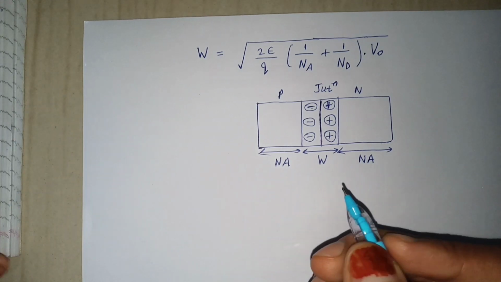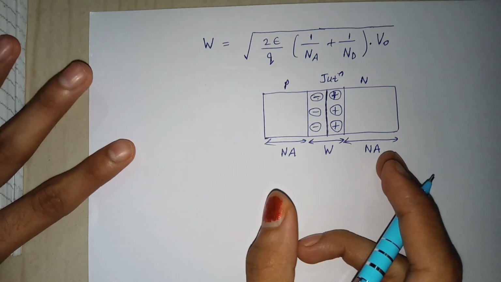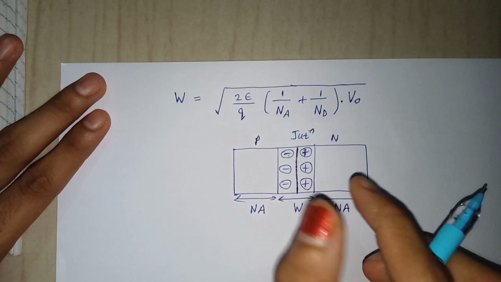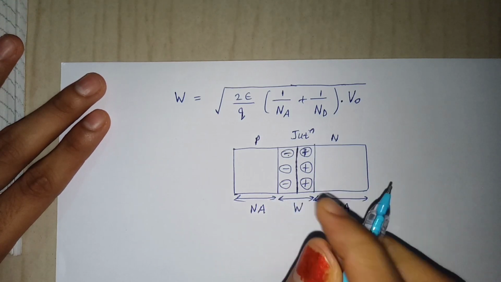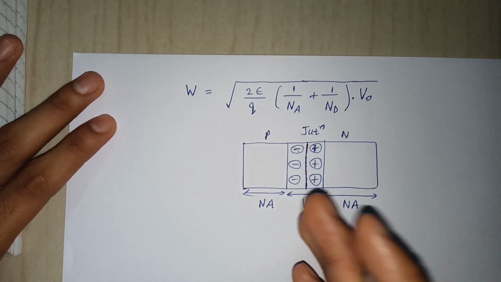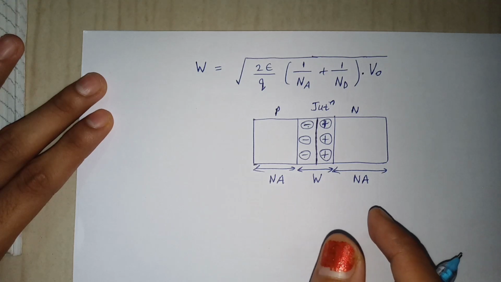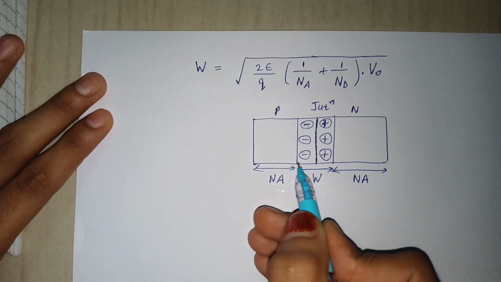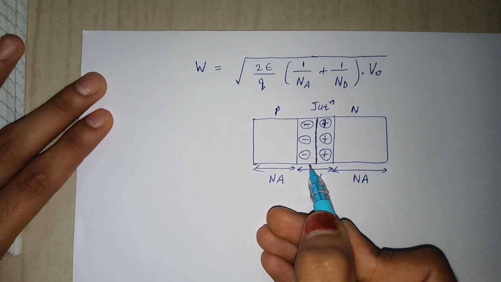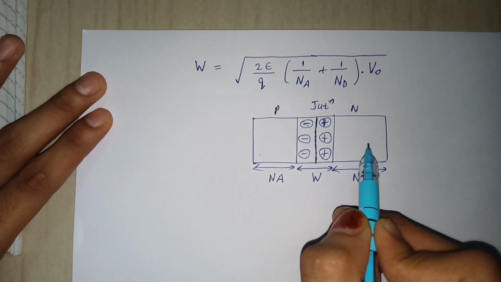If temperature increases, then what happens? We will discuss. If temperature increases, then the covalent bond will be broken, and an electron-hole pair is generated. This ion gives its charge back and becomes neutral. When the ion is neutral, it moves towards the neutral area, meaning this side, and this electron moves towards this side.